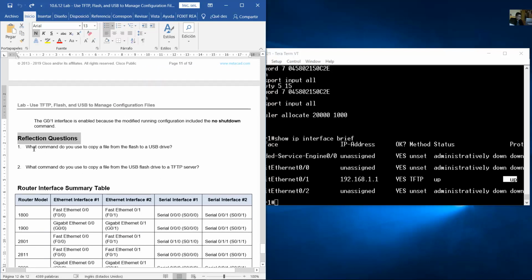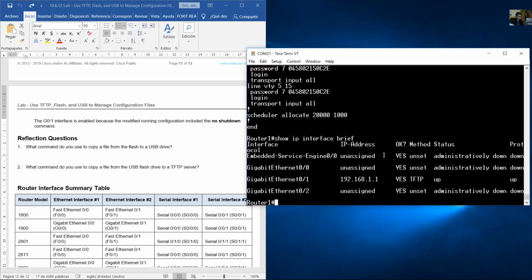Reflection questions. What command do you use to copy a file from the flash to a USB drive? Copy, the source is flash: You can specify a file name or not. And the destination is usbflash0: